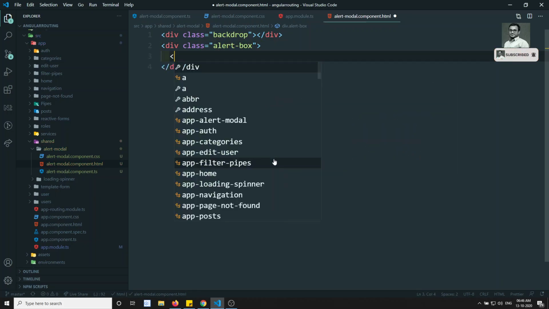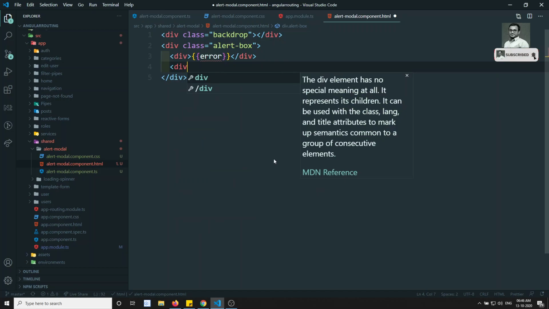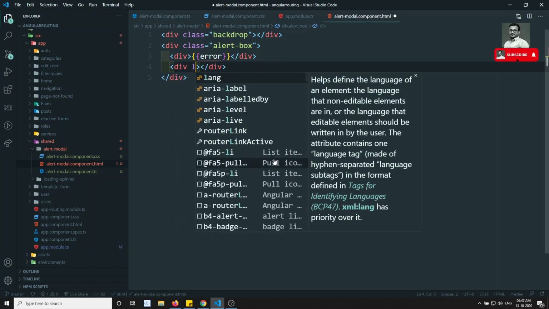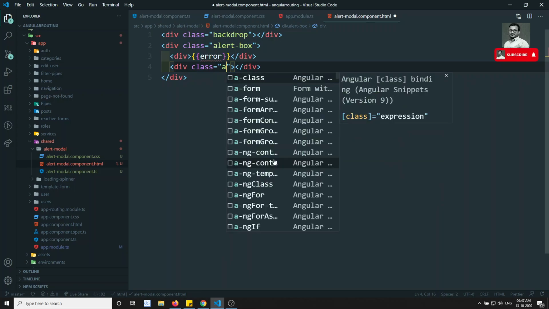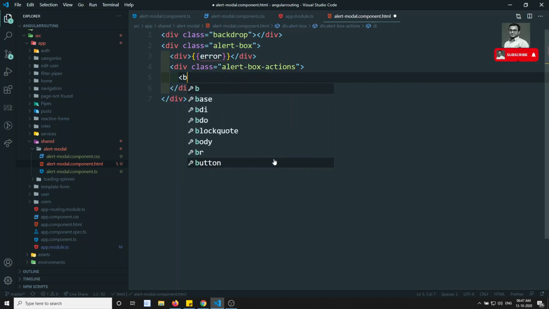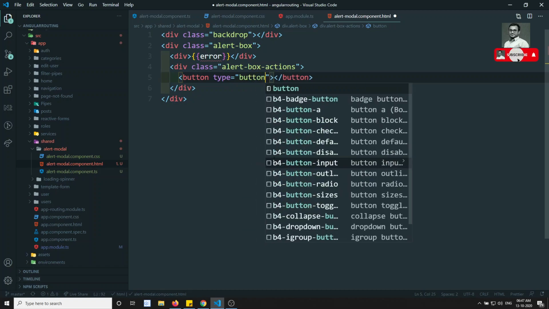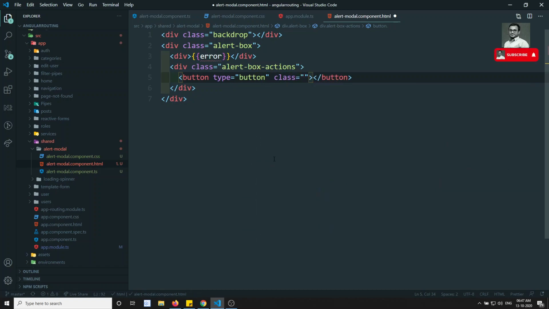In this I can write a div for the error message that I want to show, and I can have something like action messages: div class equal to alert-box-actions. So this is the actions thing. Here I can write a button, type equal to button, and I can give the class btn btn-primary.